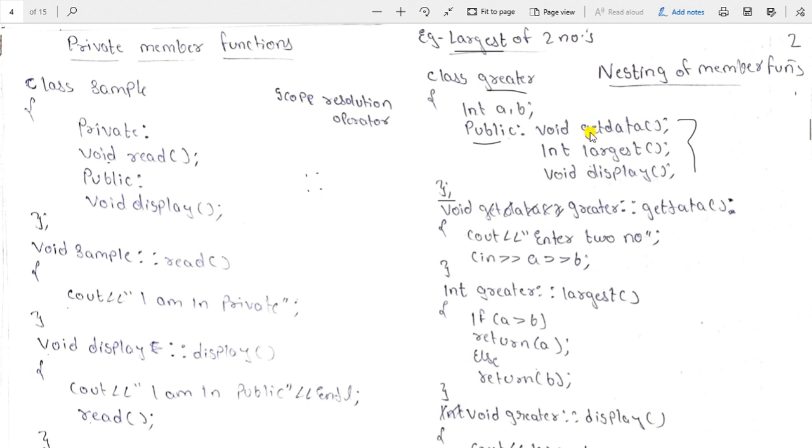Now we have to define the functions. This is a normal function, so we will define it outside the class through the scope resolution operator. What is the syntax? Return type, class name, scope resolution operator, function name. Now we will define the get data function outside the class through the scope resolution operator. The return type of get data is void,